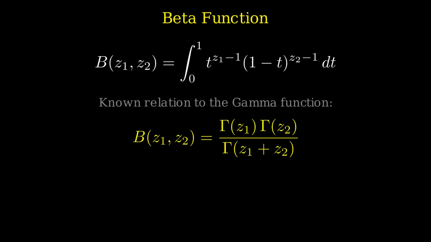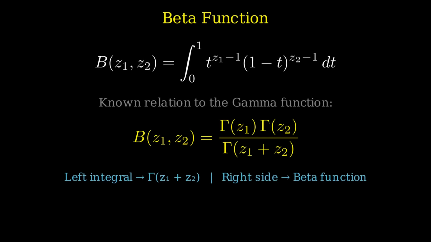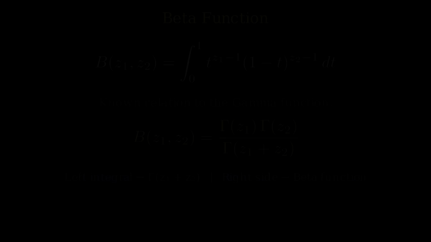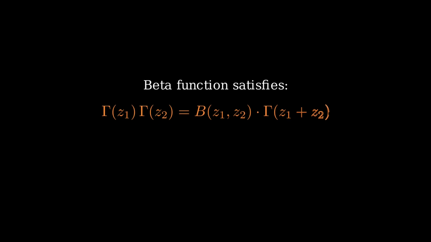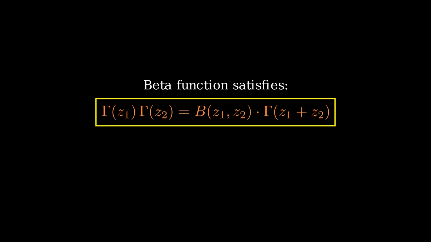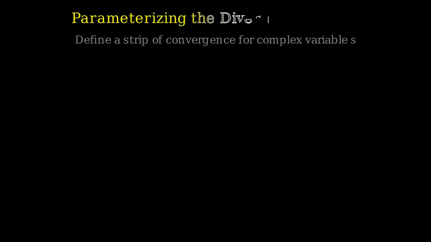We see that the left integral maps directly to just the gamma function with z1 and z2 added together, given the gamma function definition, but the right side would be the beta function. So by rearranging, the beta function satisfies this equation here. Next, we need to solve that typically divergent integral by parameterizing it and defining a strip of convergence for our